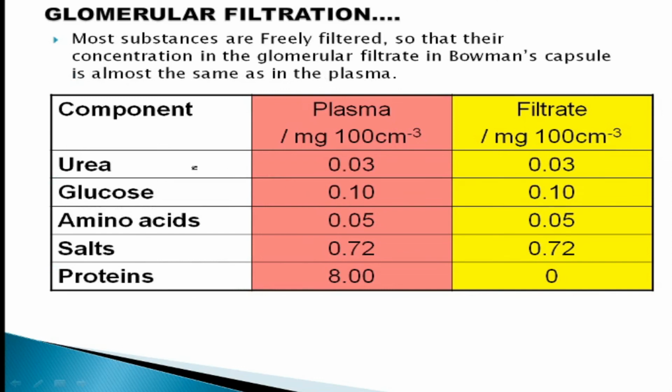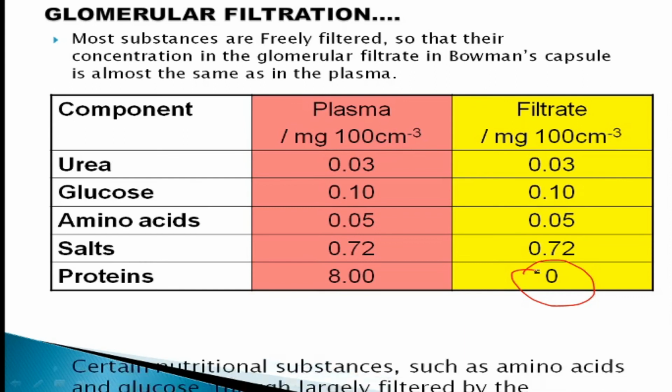Okay, now moving forward, we'll have a look at the substances which are filtered across the glomerulus. You can see that urea is completely filtered; its value in plasma and in the tubular filtrate is almost the same. Even glucose and amino acids are completely filtered, but the proteins are not at all filtered. Filtration of protein across the glomerular membrane is almost negligible, and this is the reason that whenever there is appearance of protein in urine, it is a sign of kidney disorder. It is a sign of renal damage. Therefore, proteinuria is an important symptom, and testing of protein in urine is a part of the renal function test.